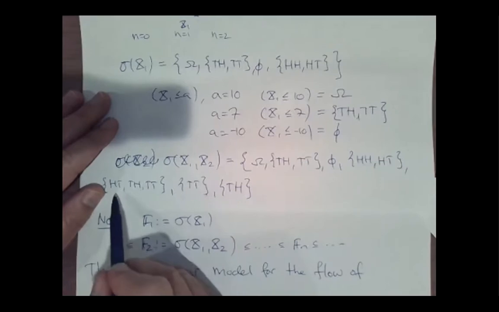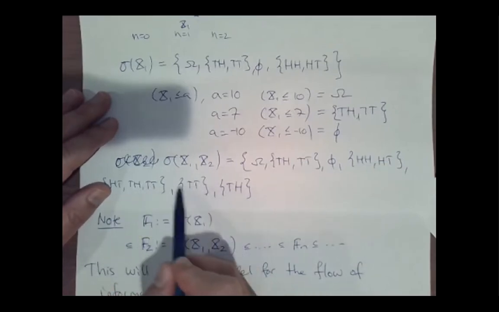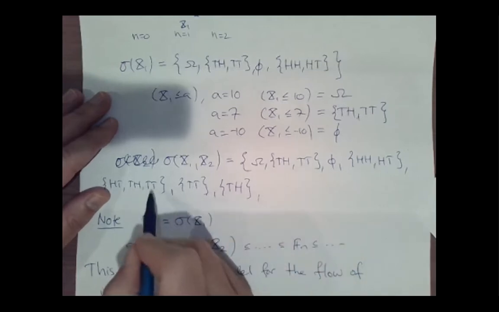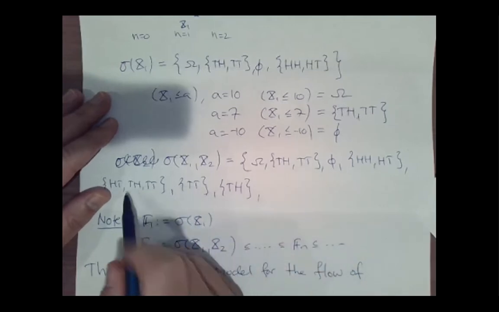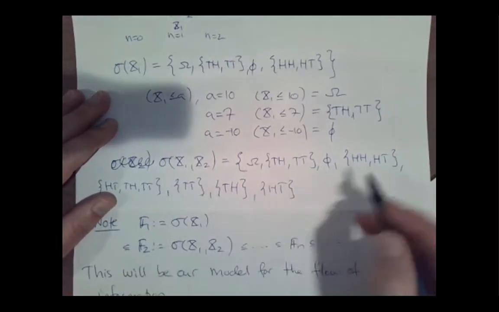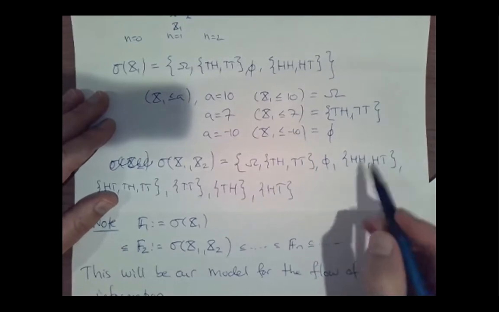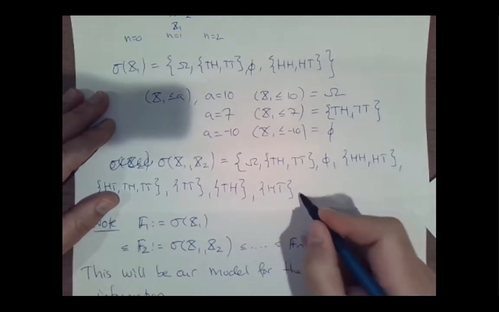So I can do the same thing with this set over here. It has to be the case that I can subtract away these two sets. Then I'm going to get TT goes away, TH goes away, I get HT. But then I take this set up here, it has to be stable under subtraction. So this set here minus HT is going to give me